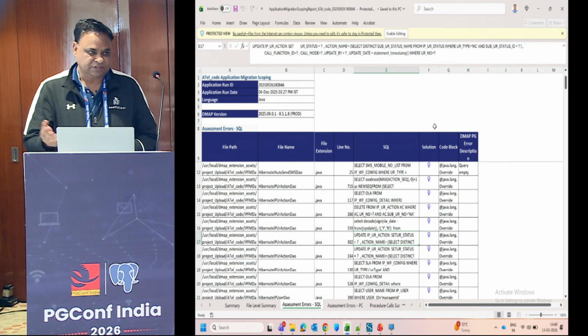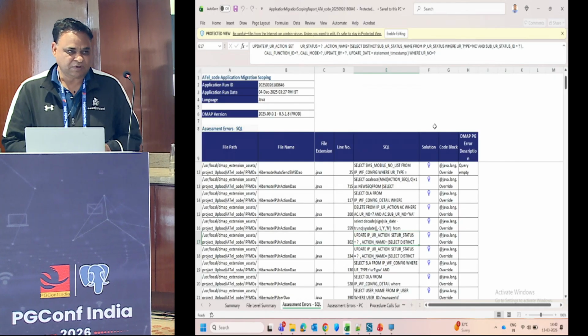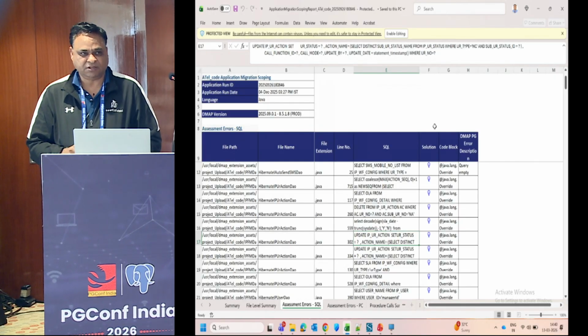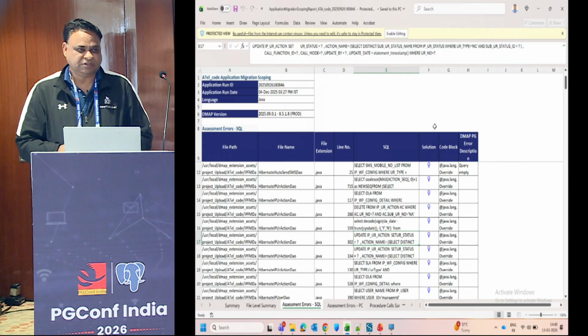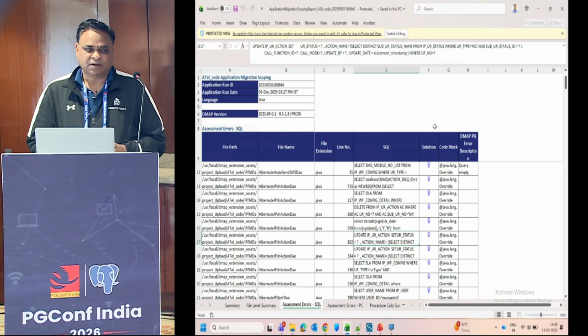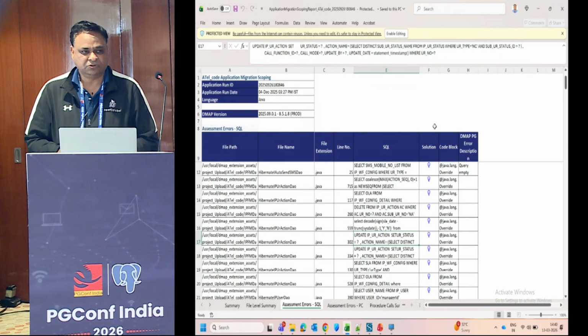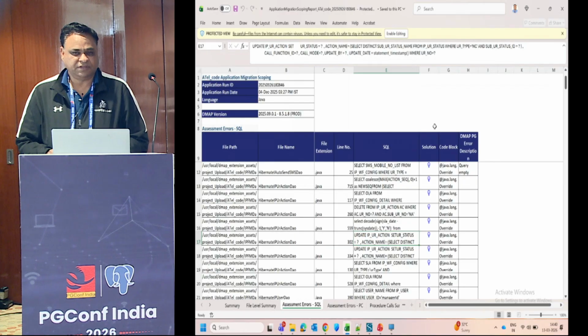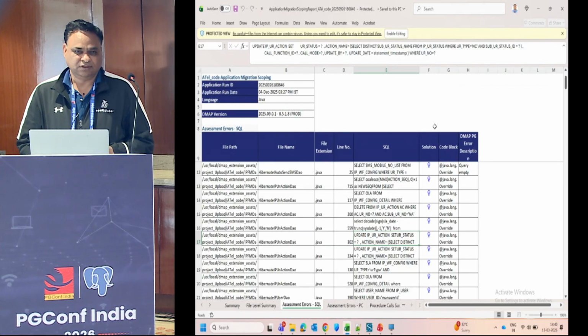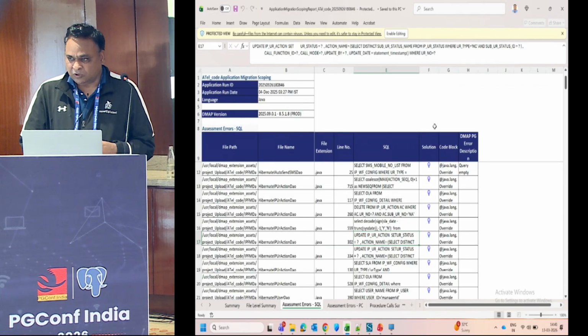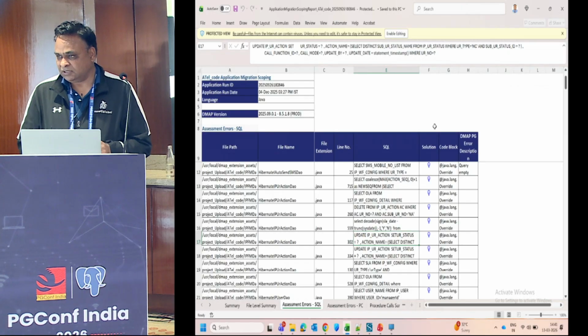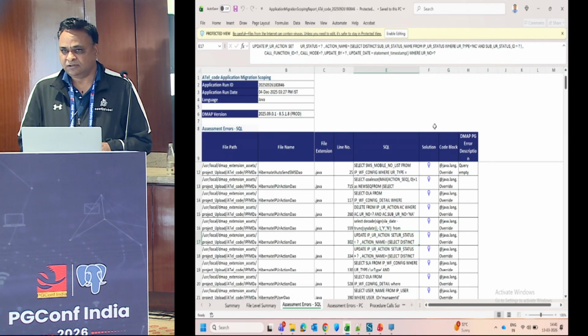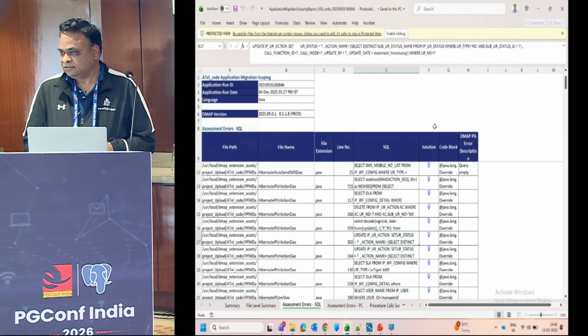I'm not going to the further step, because if we are able to do schema conversion properly and the application remediation properly, I think 80%, 90% of the work is done. Data migration, I have not seen many issues coming if the schema conversion is done properly. So we'll take a pause here, and I will ask my colleague to come and talk about some treasure hunt results.